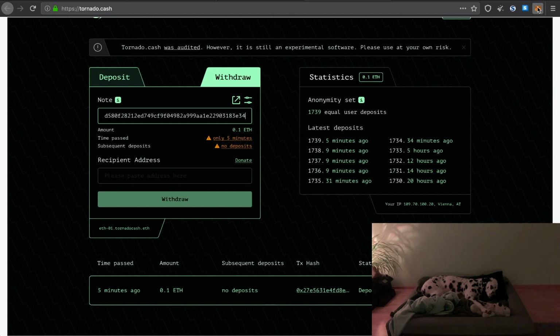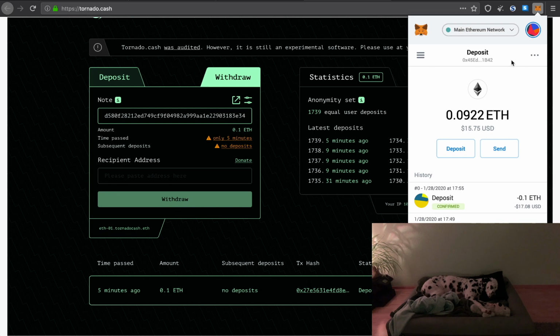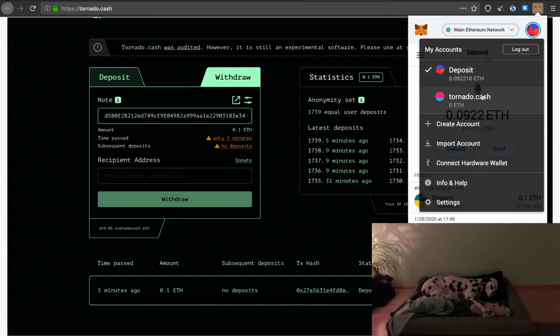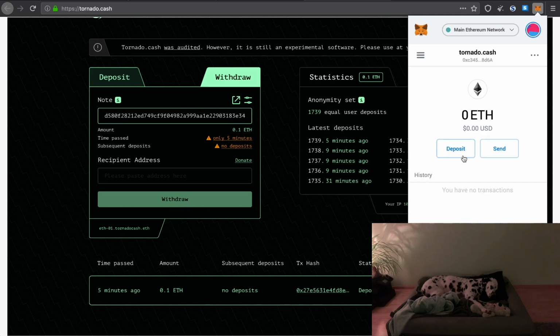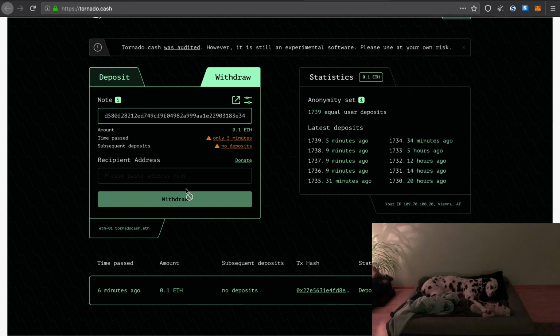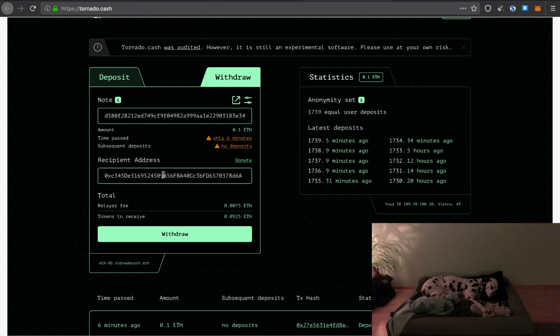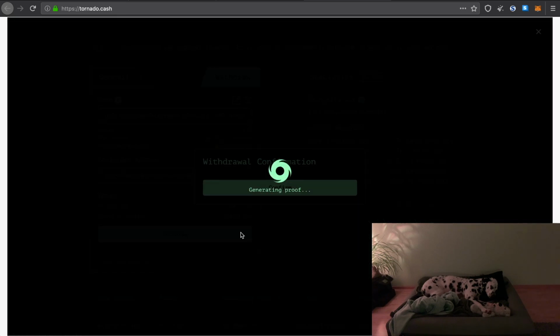Next, you're gonna click the MetaMask Firefox, and you're going to change to your tornado.cash wallet. You click on the tornado.cash wallet to copy your address, and you're going to paste the address in here. Now you see you pay some relayer fee and you will receive 0.925 Ethereum to your tornado.cash wallet. Click withdraw. It's generating the proof that we are the right person to withdraw those Ethereum from the